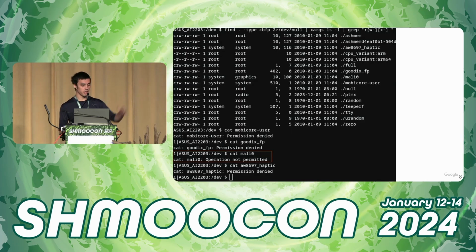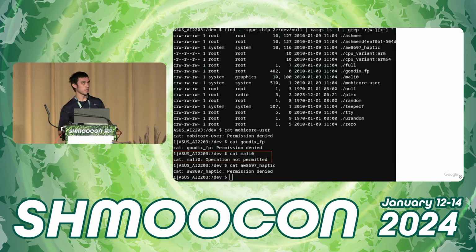You can see I use find. I'm listing all the files in /dev. And then I try catting a whole bunch of them. And you can see that a couple of them throw out permission denied, but one in particular throws out operation not permitted. That's kind of a misnomer. It doesn't mean that I couldn't access the file. It actually means I could access the file. I didn't get a permission denied error. Operation not permitted is something that the kernel is throwing after I've opened and accessed the file.